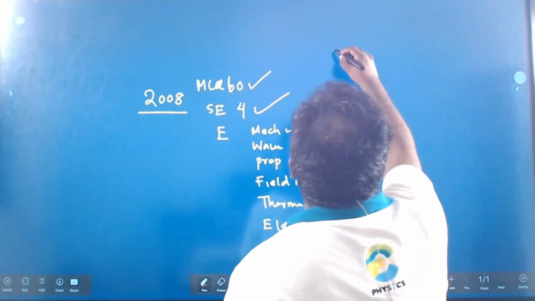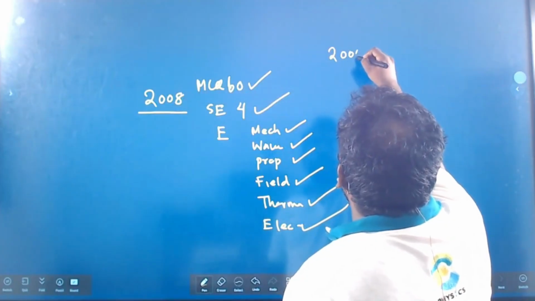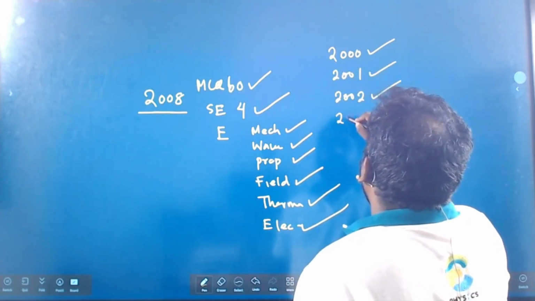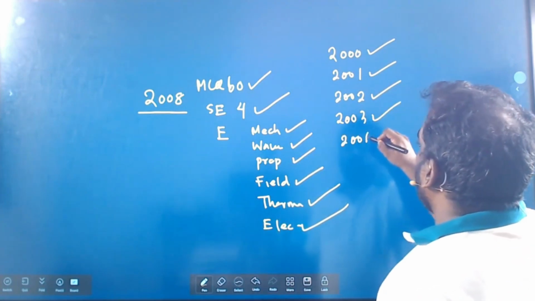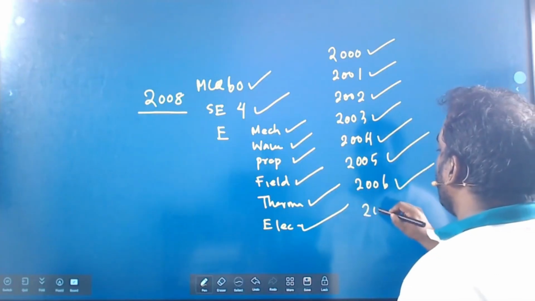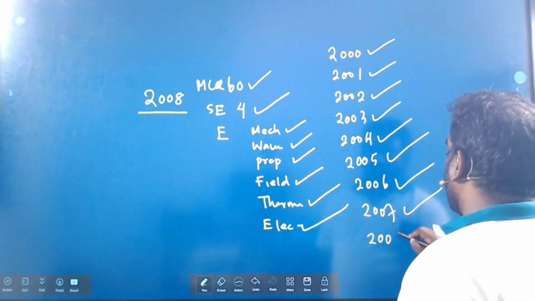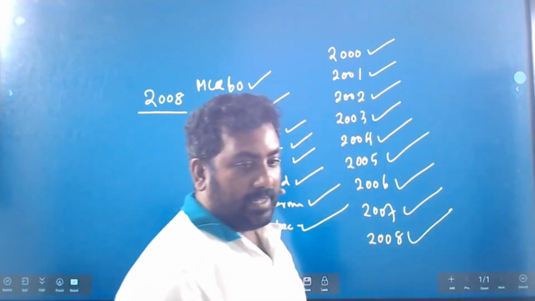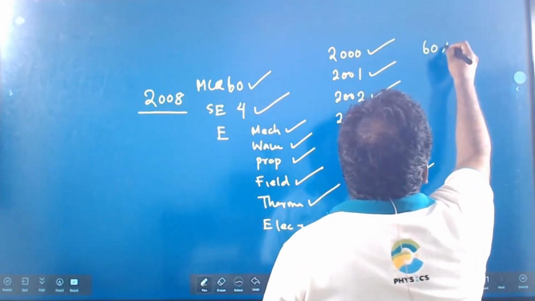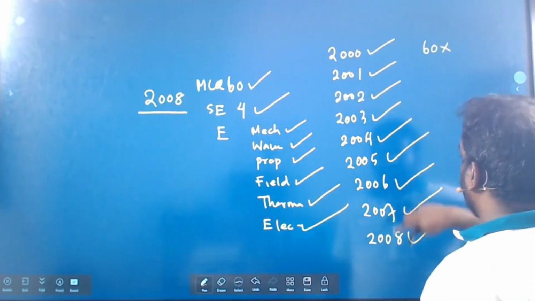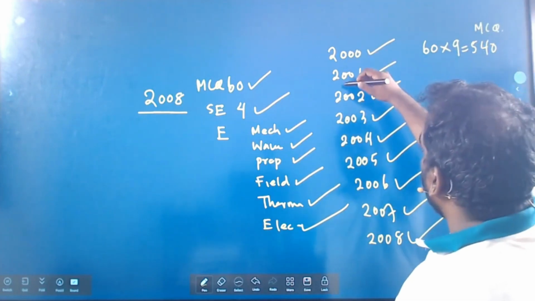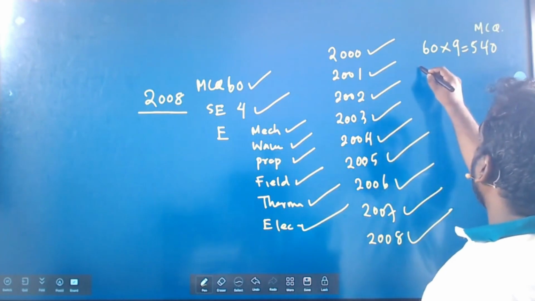So far, week number 10, what have we done? 2000 done. 2001 done. 2002 done. 2003 done. 2004 done. 2005 done. 2006 done. 2007 done. 2008 done. So these to get you all working. How many MCQs? 60 times 9. 540 MCQs done. For 8 weeks,